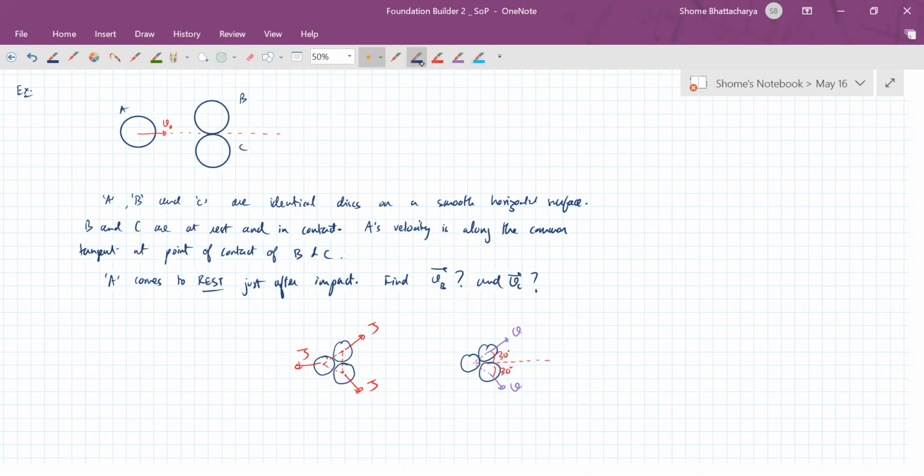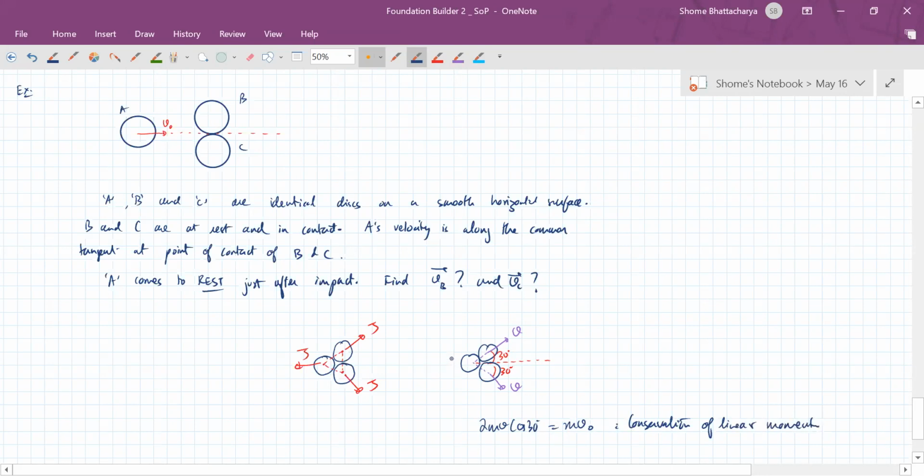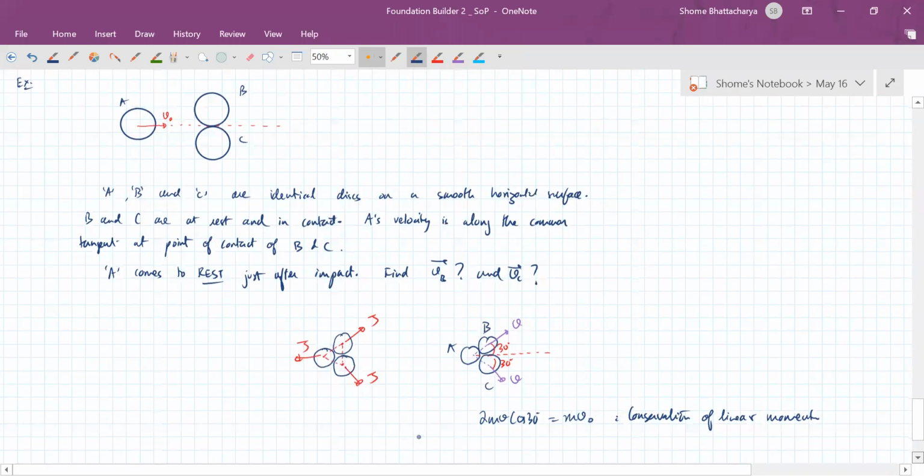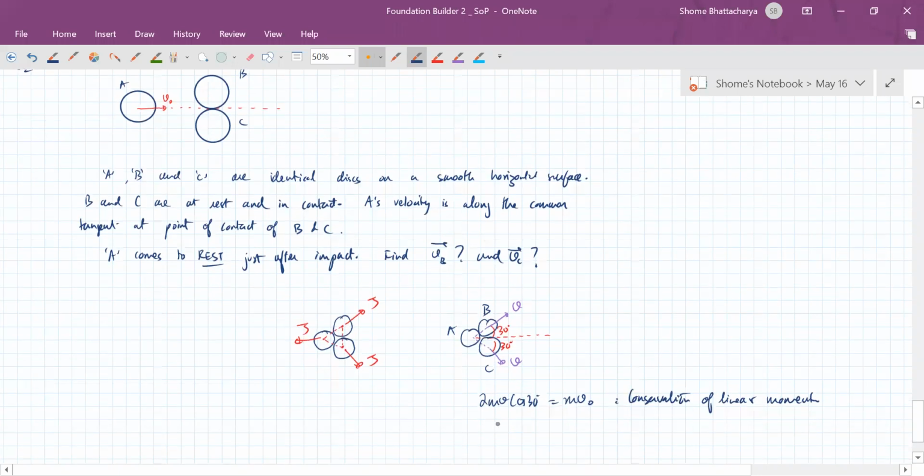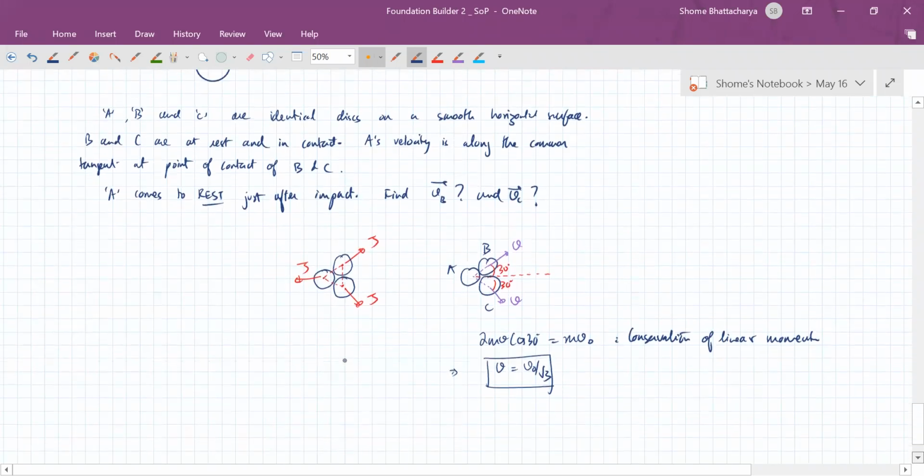So we can see that 2 mv cos 30 should be equal to mv naught, conservation of momentum. Because we know that A stops after the impact and B and C have some velocities like this. So very simply, we can see that V will become V naught by root 3. And once you've got this V equal to V naught by root 3, we can also calculate the coefficient of